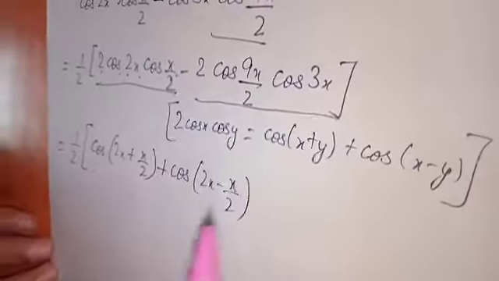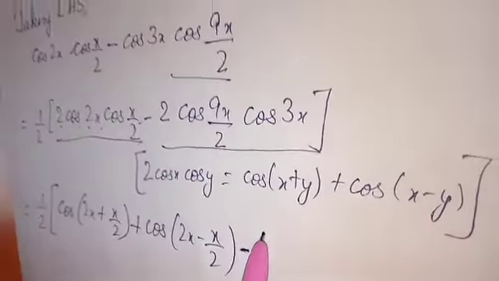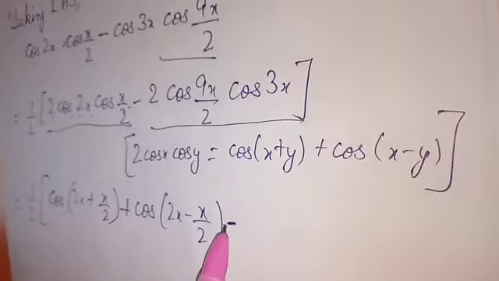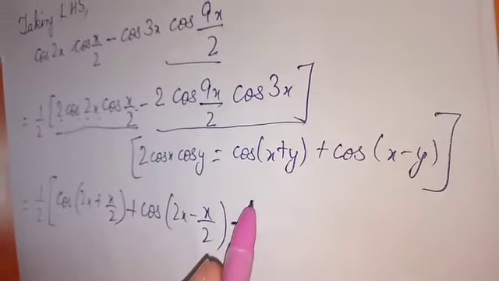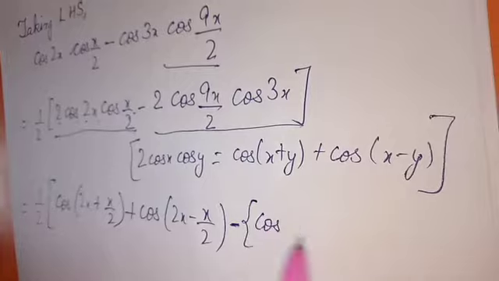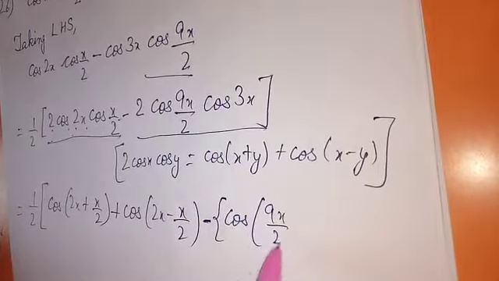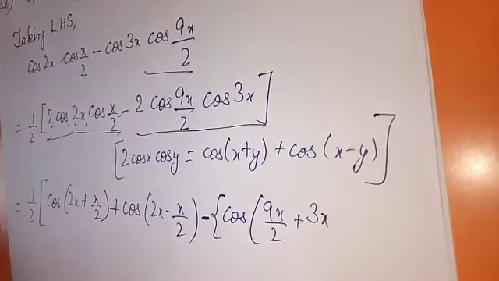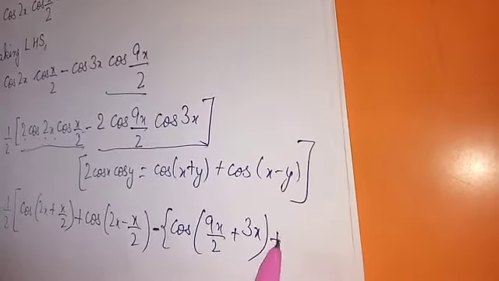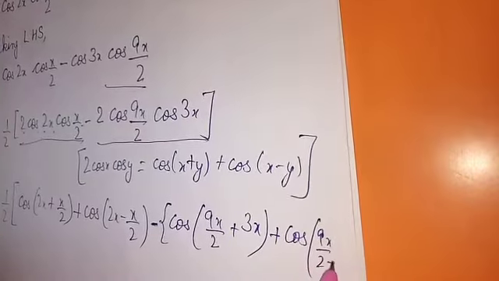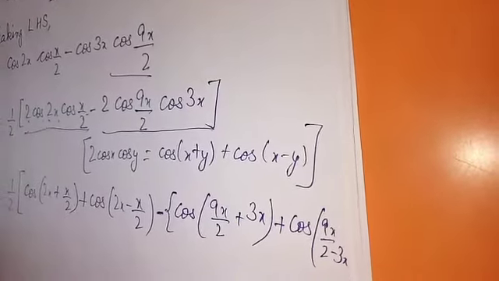Okay, similarly here, minus sign taking common, minus sign as it is, cos of x plus y, 9x by 2 plus 3x plus cos of 9x by 2 minus 3x. Okay,